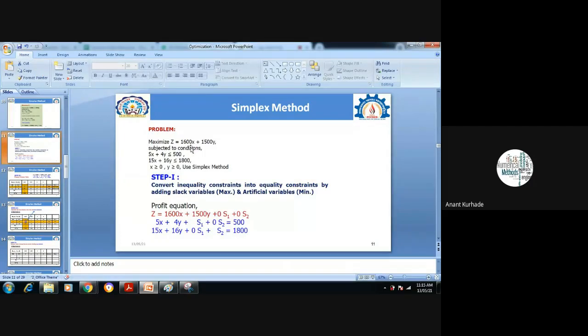Any doubt here? S1 and s2 values vary from 0 to 20 depending upon the values of x and y. Any doubt up to this? Just say yes or no, any reply. It is again two-way communication. Tell me fast. We have only 35 minutes left, and we have to finish this problem.